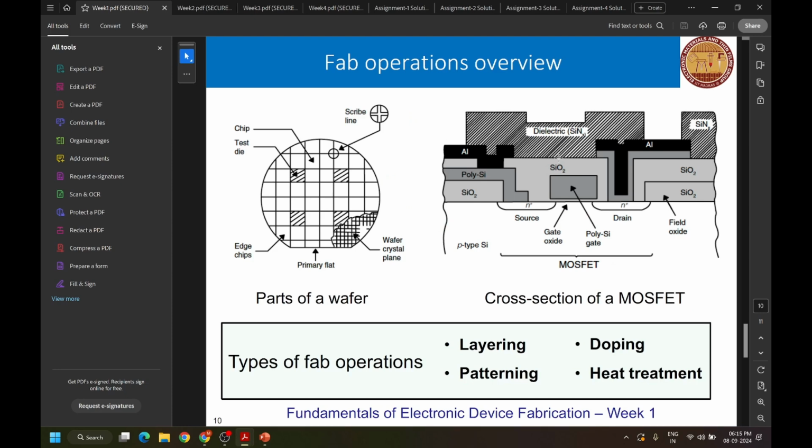Then this is the overview of fab operations. There are 4 types of fab operations: layering, doping, patterning, and heat treatment. And each integrated circuit is inserted as a form of